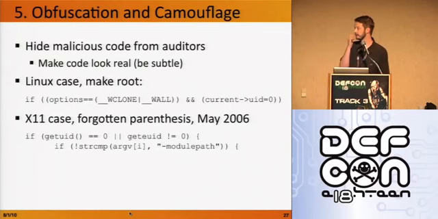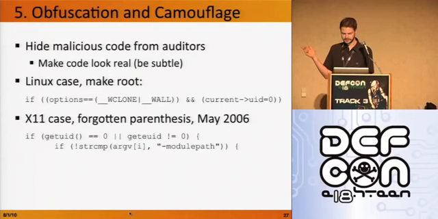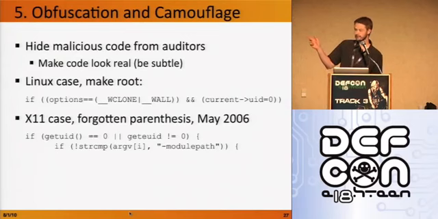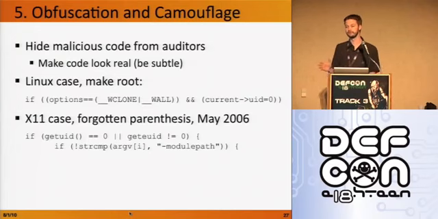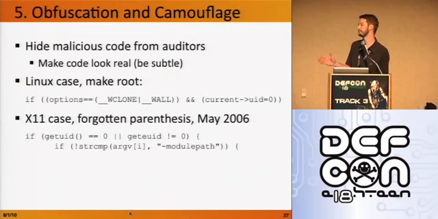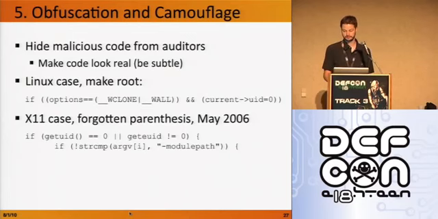I went through the first one that didn't check if it was root, but it was actually setting the root. Another one is the X11 case, the forgotten parenthesis. There are two checks here, the getuid and the geteuid, the effective user ID. But with the second one, as you can see, they forgot the parenthesis. So this will make the statement always true, which means that it can use whatever module you want. Normally that was exclusively for the root, but now, because of the forgotten parenthesis, everybody can add a module. And it's just a mix-up of names. So if you have a variable with the same name, you can do this stuff.